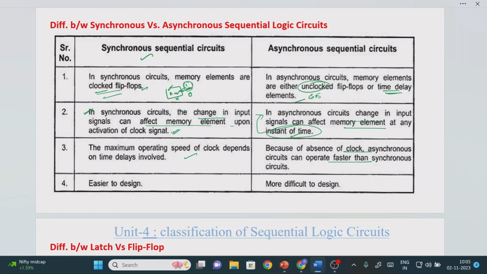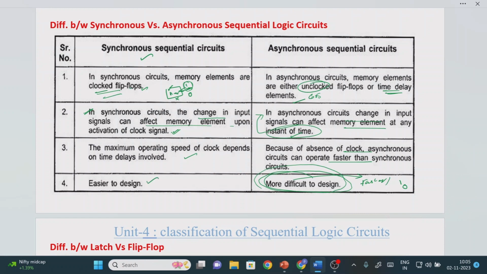But if you want to coordinate the input, output, and time delays, everything, that is very complex, right? That's the reason why asynchronous sequential circuits are more difficult to design, but they perform the faster operation. Why is it more difficult? We need to coordinate the input as well as the memory element in terms of the delay. Everything should be in the same time period, everything should be done automatically. If not, then what will happen? Instead of getting one output, we will get another output value.